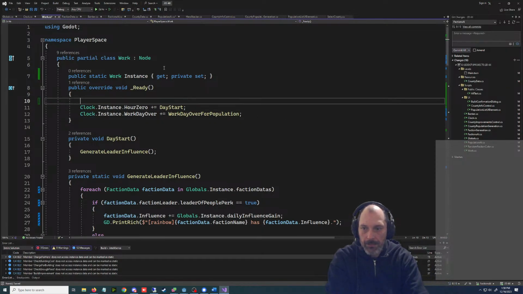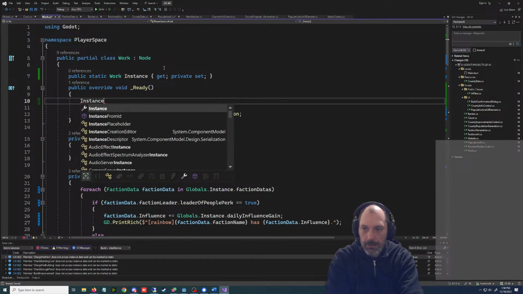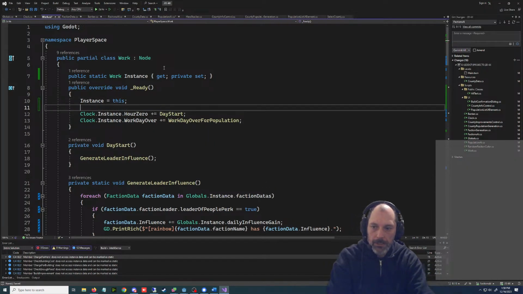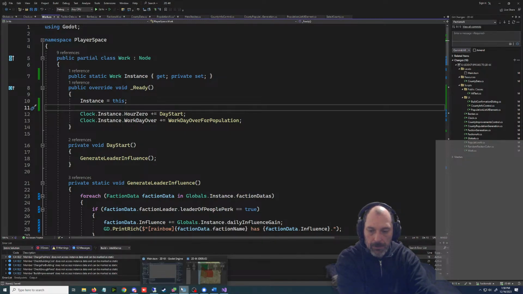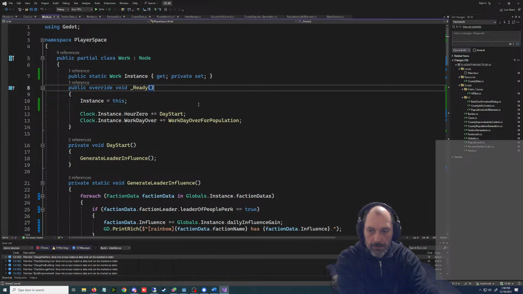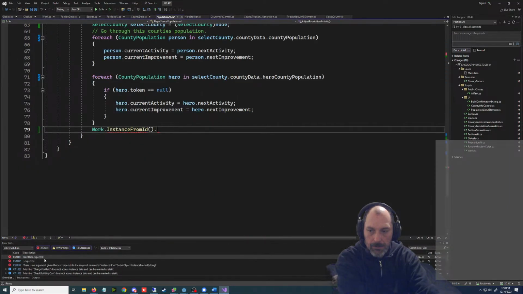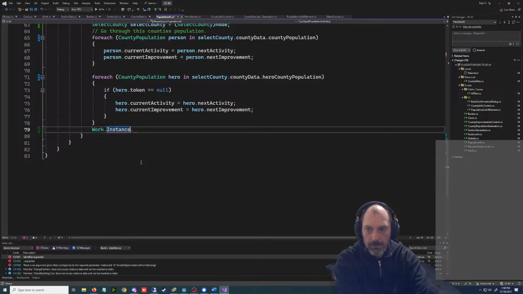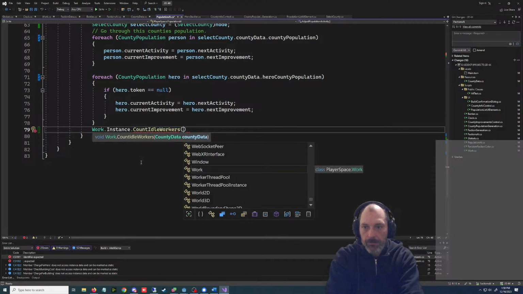We'll put this here. Instance equals this. Don't want to forget that, like I always do. Instance count idle workers.